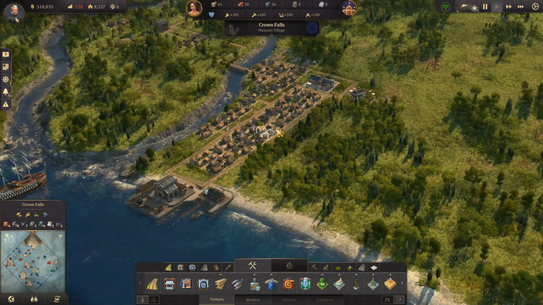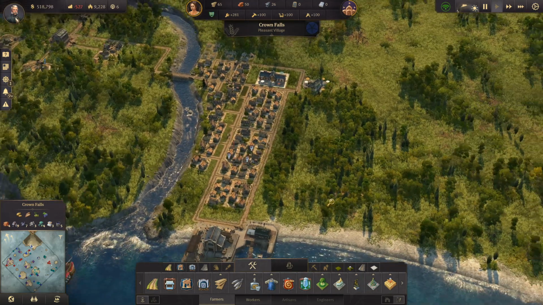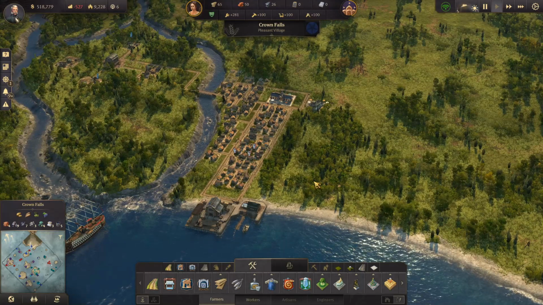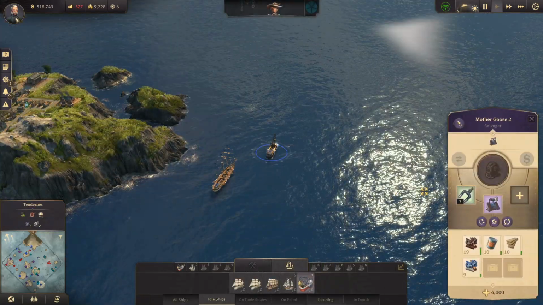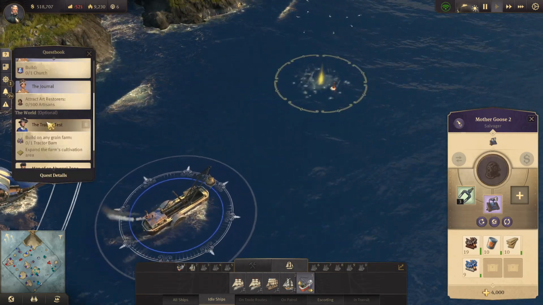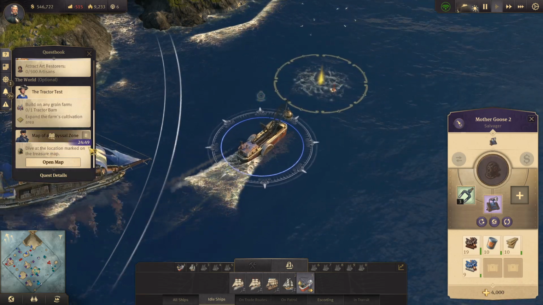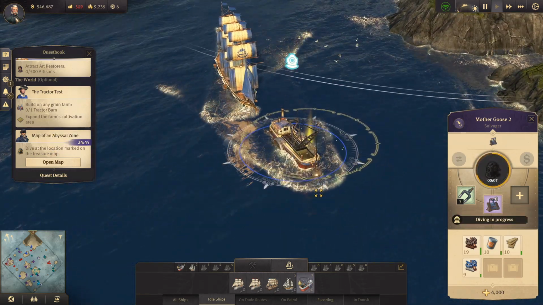That actually might get rid of the riot, thinking about it. Without a need for a police station, we'll have to see. Okay, so let's go to the diving bell. Found our location. That's for the map of the Abyssal Zone. Now there's something else we could get, which is...